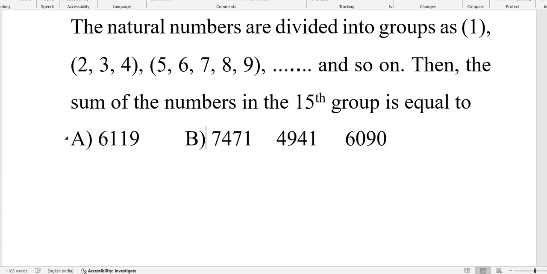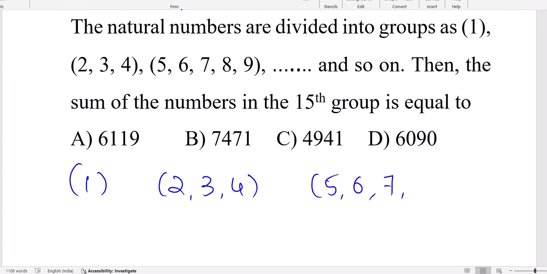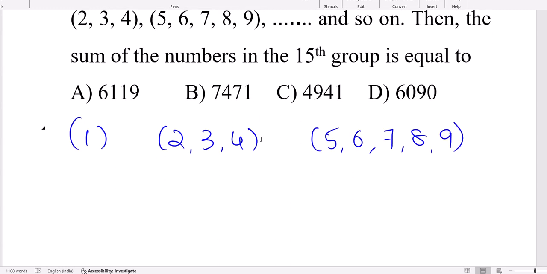Natural numbers start from 1, 2, 3, and so on up to infinity, right? So the first group, 1, is available; the second group is 2, 3, 4. The third group is 5, 6, 7, 8, 9. See here, observation skills and logical thinking skills, definitely you will enhance. What is the fourth group? 10, 11, 12, 13,